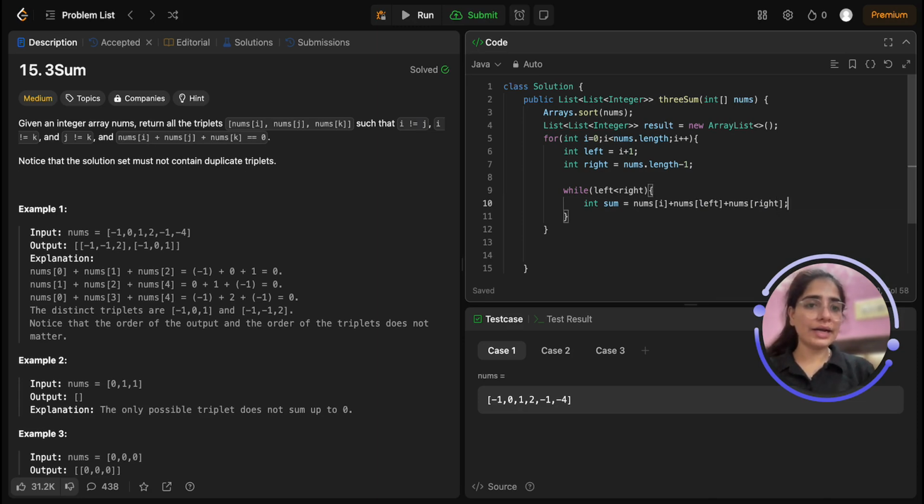Okay, I'll try to calculate the sum. If my sum becomes 0, which is my target value, then actually this is the triplet that I was looking for. So what I'll do, I'll try to add result.add. I'm trying to add the triplet into my result set. Arrays.asList, and I'll add nums[i], nums[left], and nums[right]